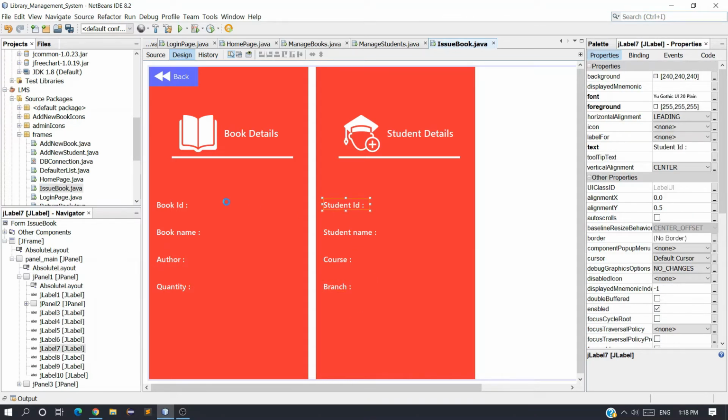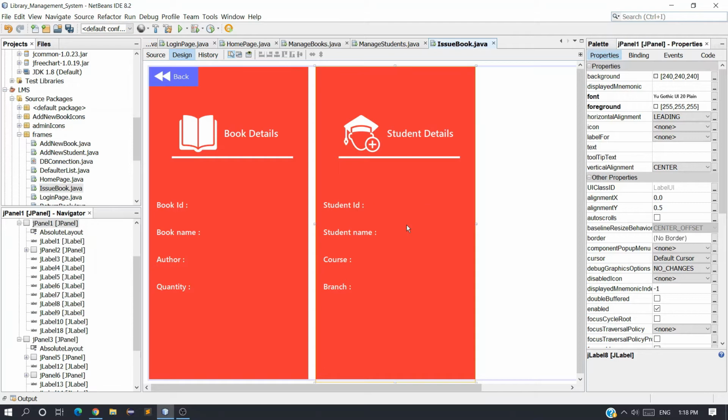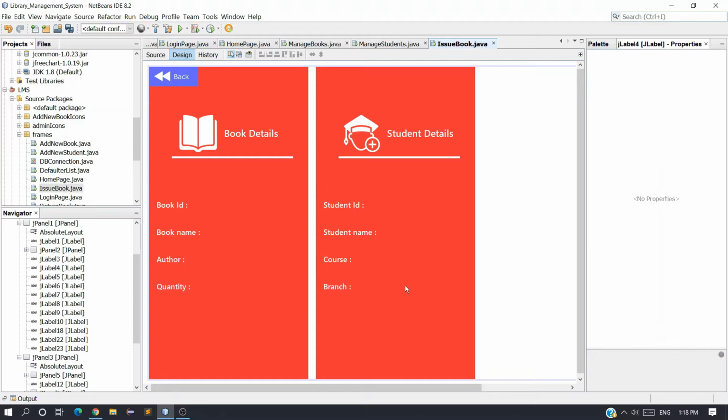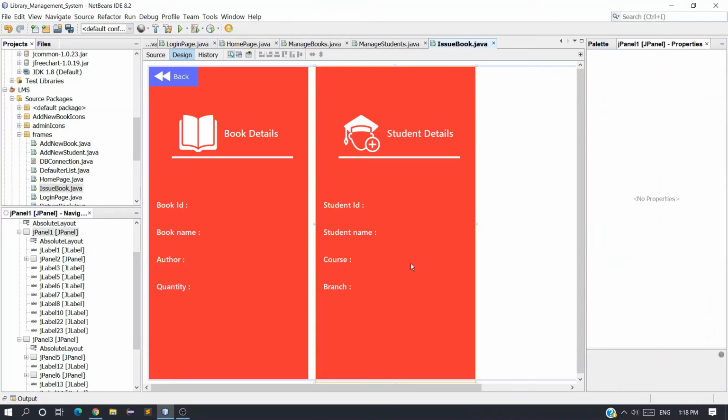Now copy this empty label and paste it here, and copy this one more time, Ctrl C and Ctrl V, take it here, Ctrl C, Ctrl V, no, it's not copied, and here okay, we already have the label, so let me delete, because we have created labels here, and when we copied this panel we got labels here, so let me delete duplicate labels.